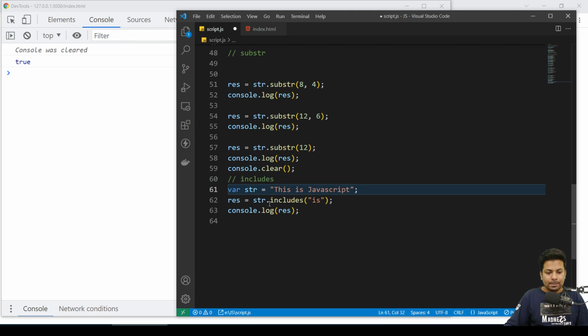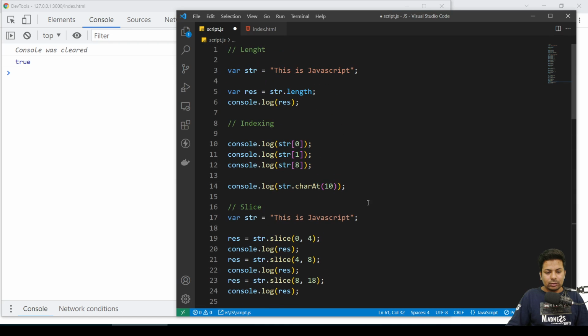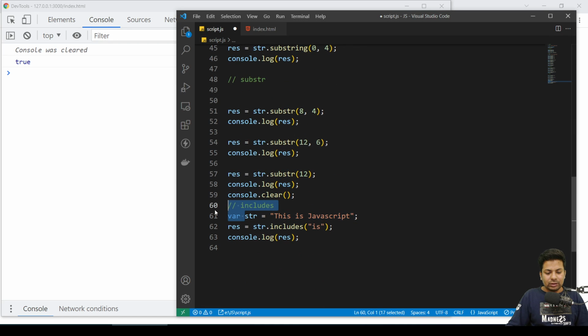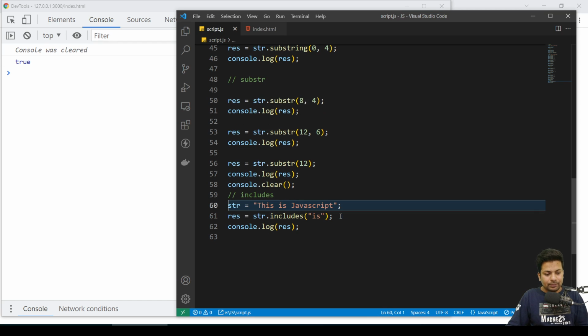So let me cut this part and paste it here. Let me just remove the variable I am declaring again and again. Yeah, so if I say str.includes is, does this string contain the is keyword? No, it doesn't. False. Does it contain Java? True, it contains Java. Does it, sorry guys, does it contain script?